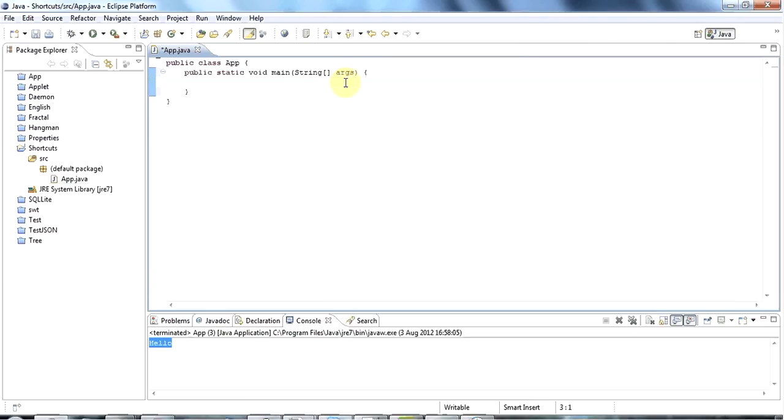Another really useful one that's particularly good for debugging is if you type sysout and control space, then it auto-completes system.out.println, which of course you can output things in the console with. But even if you're writing a GUI program, you can put in these sysouts and use them to debug your application a little bit. So if I run this,